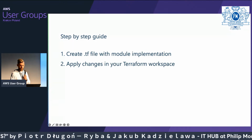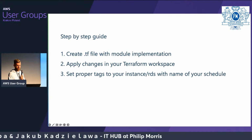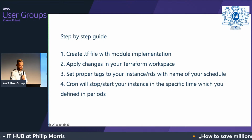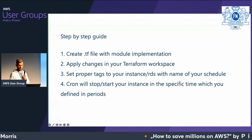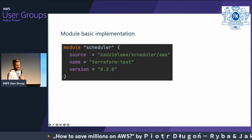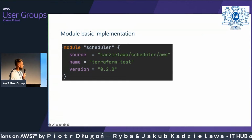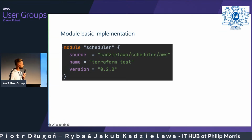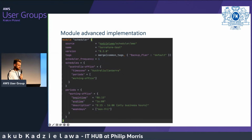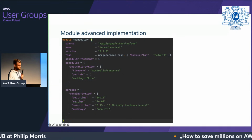Then you need to apply your changes. You need to remember about setting proper tags on your instances, and then our Lambda function will stop or start the instance at the specific time. As I said, the basic implementation is just 3 lines. The more advanced one is more lines, and here you can define your own schedule